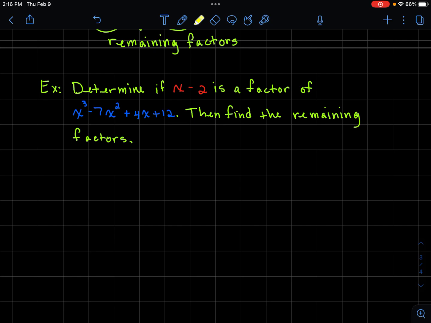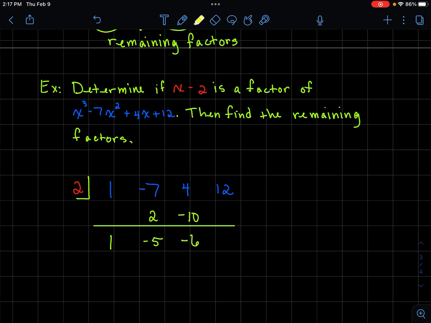Okay, we're going to try one more example for this. Okay, so let's determine, is x minus 2 going to be a factor of our blue polynomial? And then let's find the remaining factors afterwards. Not in function notation, so we'll change the sign in our box. Borrow all the coefficients from our terms in our polynomial and go through our synthetic division steps by dropping 1,